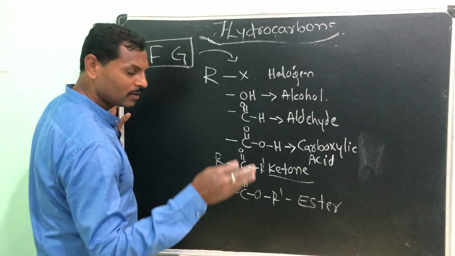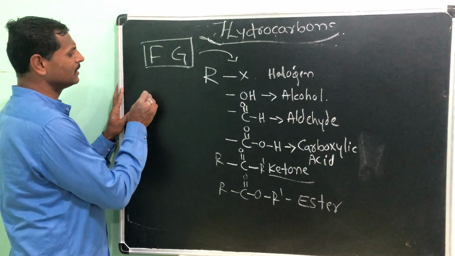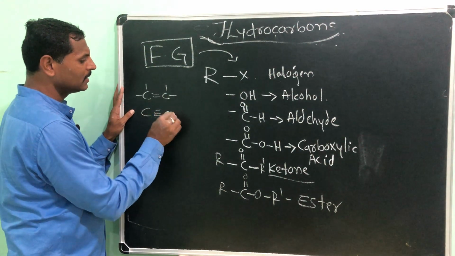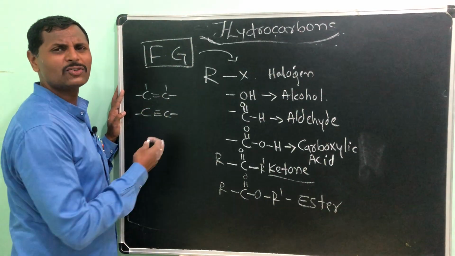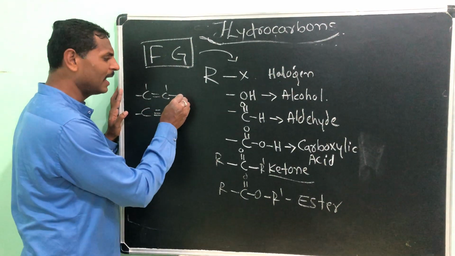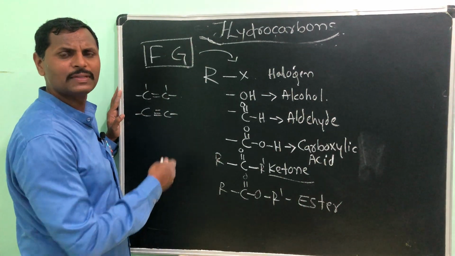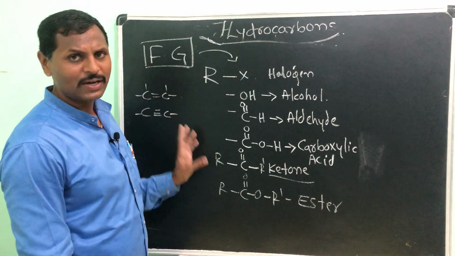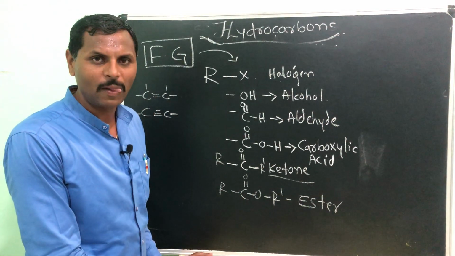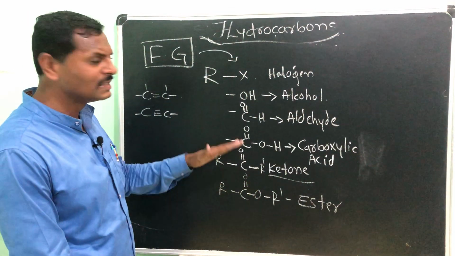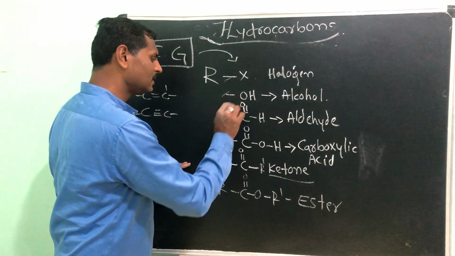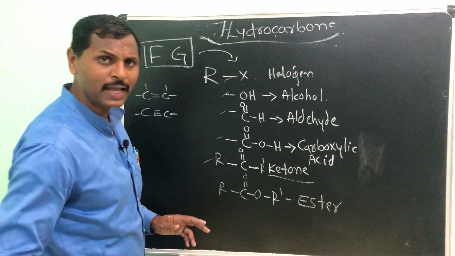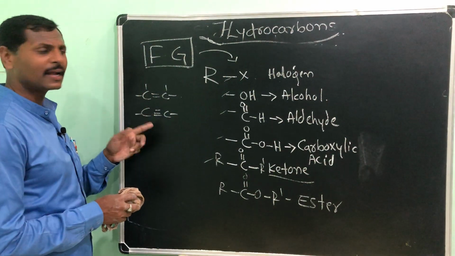Okay, and one more group as we already discussed, that is C double bond C, C triple bond C. This we have studied. No need to study about this one more time. As alkene and alkyne we have studied it. So much of these compounds we have studied. Don't worry, this will also come in the functional groups segment only. Okay, but we concentrate only on these things, especially this and this one is not given. Simply take one more extra thing, nothing will happen. Okay, all right. Alkene and alkyne we have studied it.